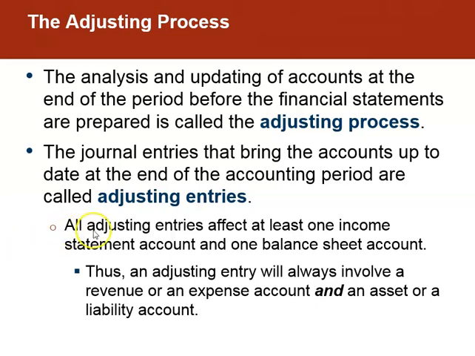Very important, it says all adjusting entries affect at least one income statement account and one balance sheet account. Thus, an adjusting entry will always involve a revenue or an expense account and an asset or a liability account. So let's think about this. I gave you the example